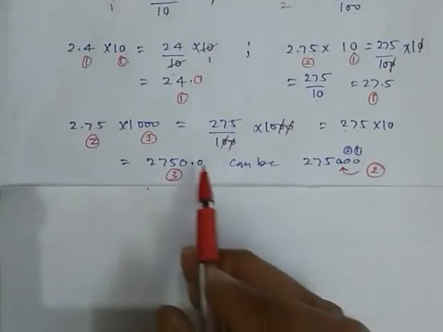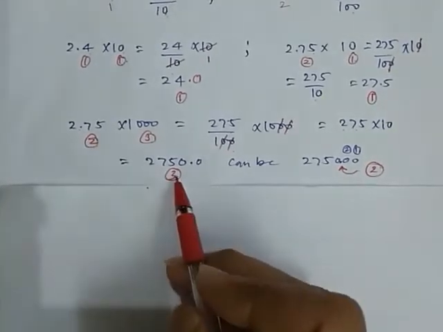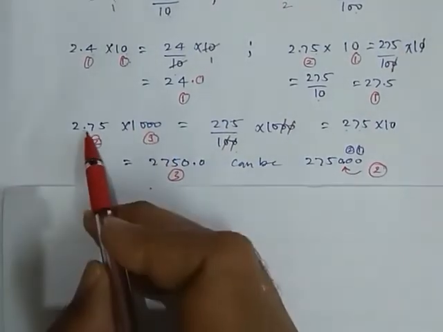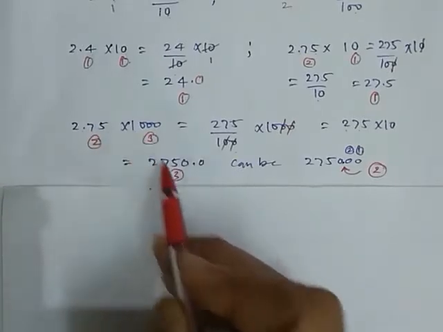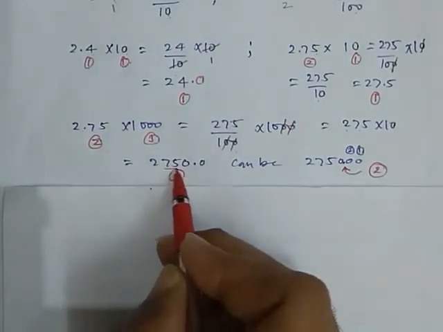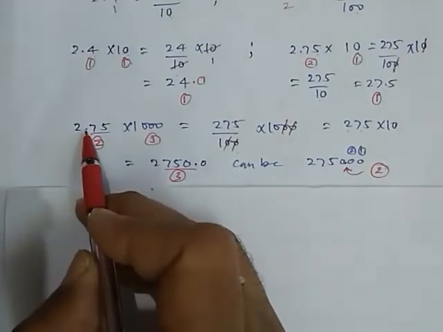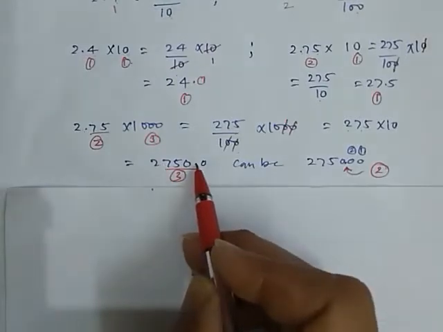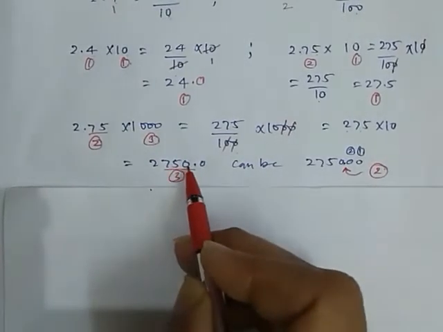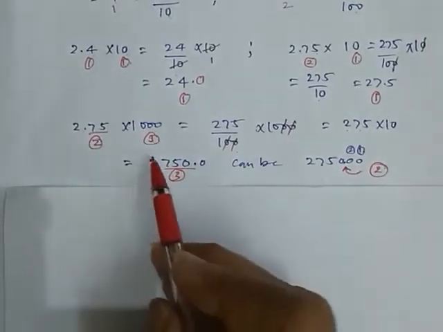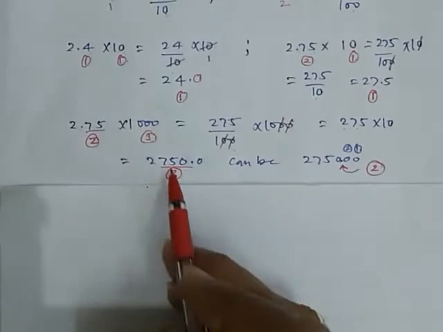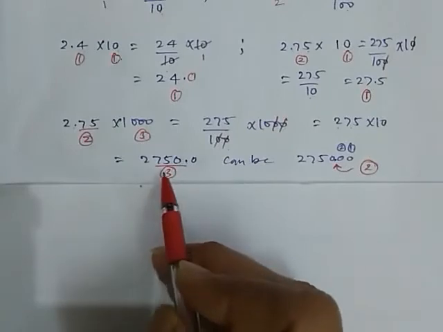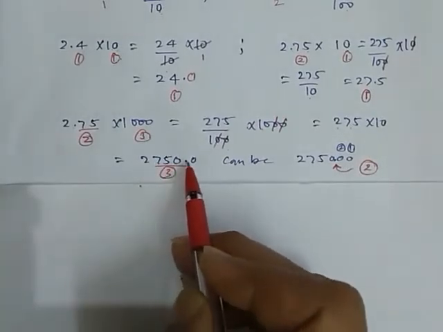Okay. Now clearly see here the number of zeros is 3. So this decimal shifted toward right by 3 places. Here the decimal is after 2. So this decimal shifted from here to here, and count the digits. There are 3 digits as the zeros are 3. So we can directly write down this by multiplying this. We can write down this directly by counting the digits 1, 2 and 3 and put the decimal here.